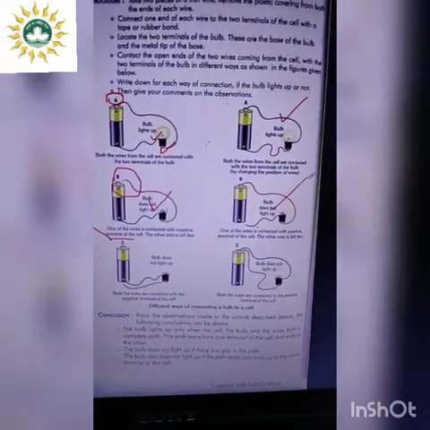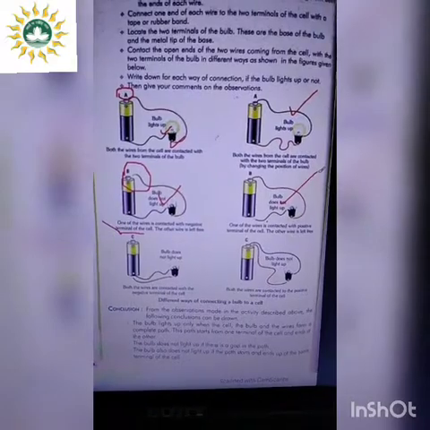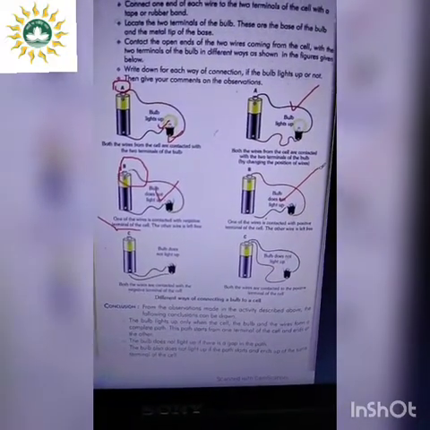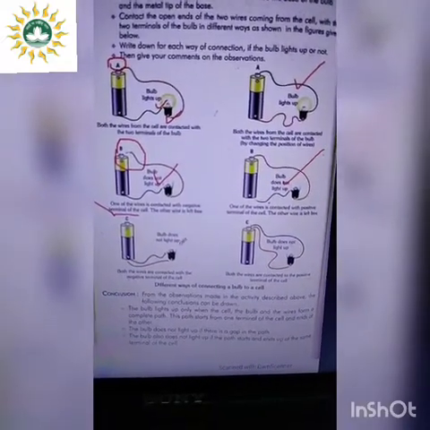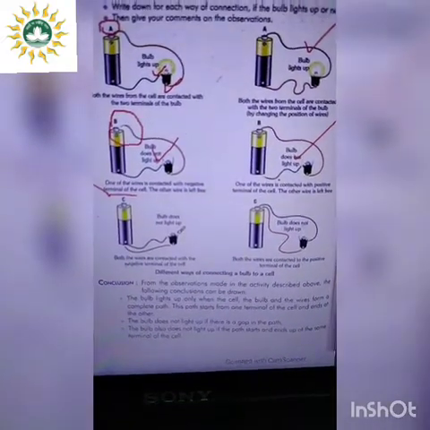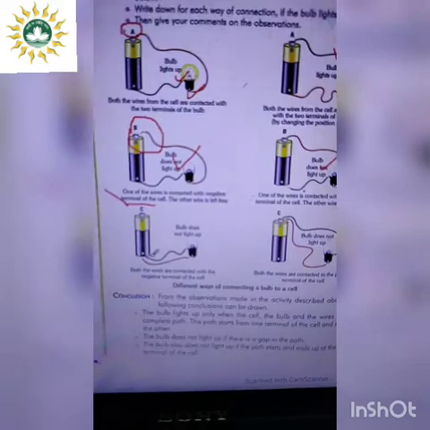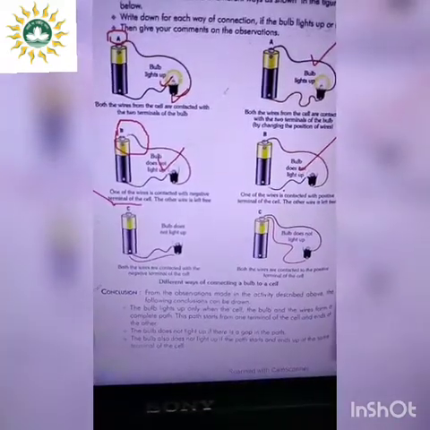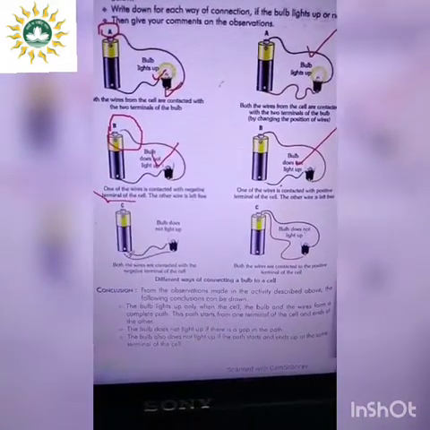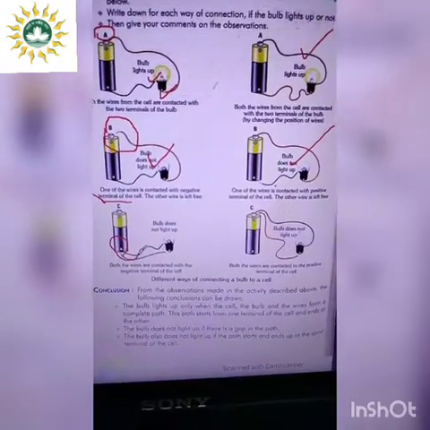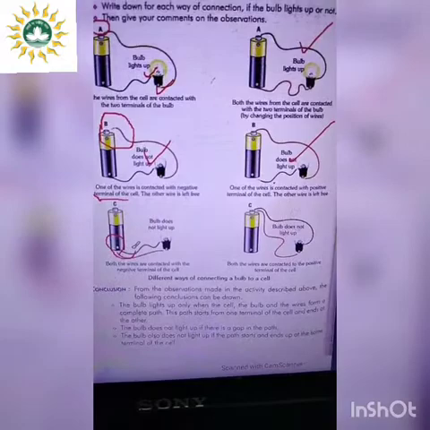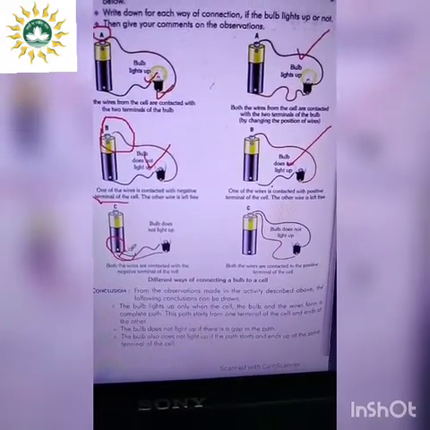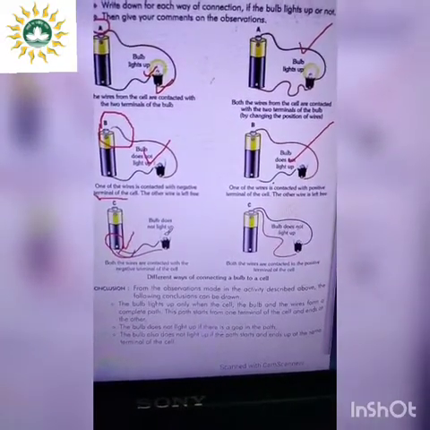So the connection of the two wires with the two terminals of the bulb and the cell is very important. Again, if both the wires are connected with the negative terminal of the cell, that means this is the negative terminal, if we connect both the blue and the red wire with the single negative terminal of the cell, then the bulb does not light up.